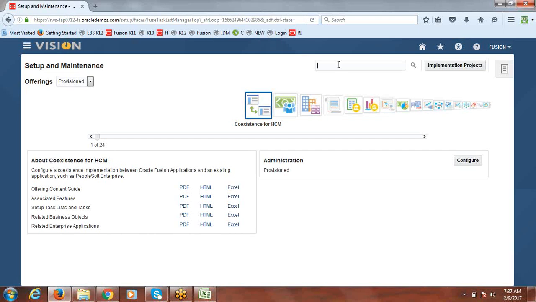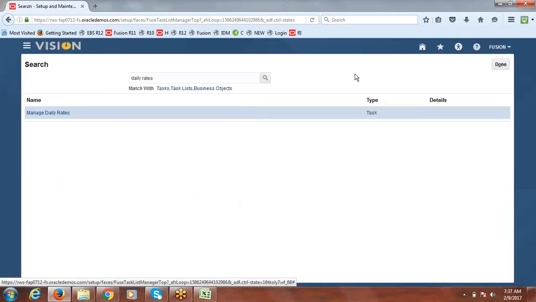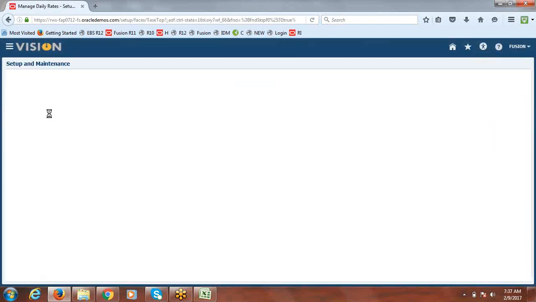I can create from here also. I'll search for daily rates. With this navigation we can create the rate types also. Search for the task called Manage Daily Rates and click on the task.